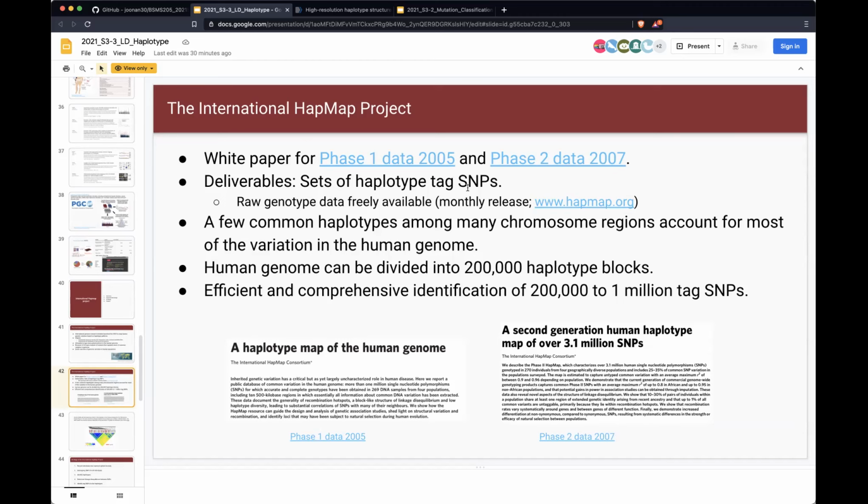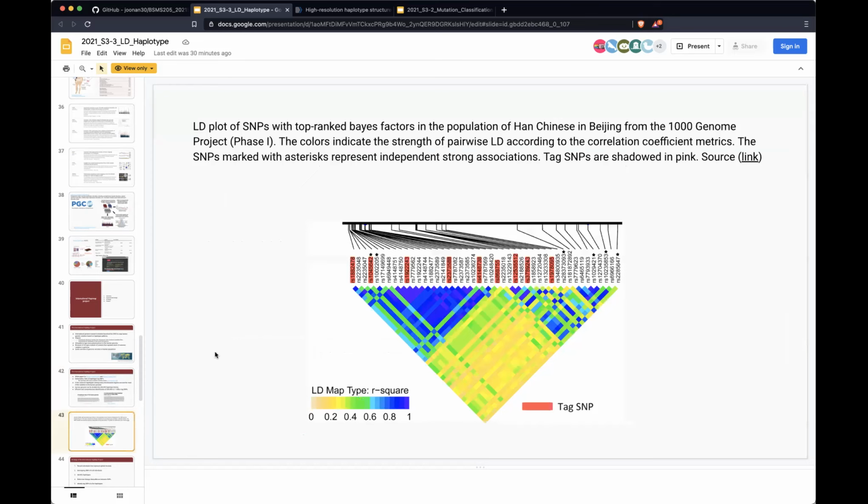So that's why people want to look at the LD information from each population, maybe from Europe, maybe from Asia, maybe from Africa, right? And across all the human genome population information, we can divide it into 200K haplotype blocks. So if you look at all the people in our population on the globe, we can estimate that there are probably about 200,000 haplotype blocks in our genome, right? And also, if you look at each chromosome position, then you can easily track down how LD forms in